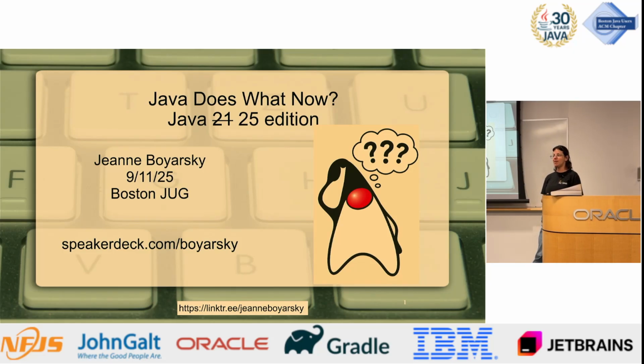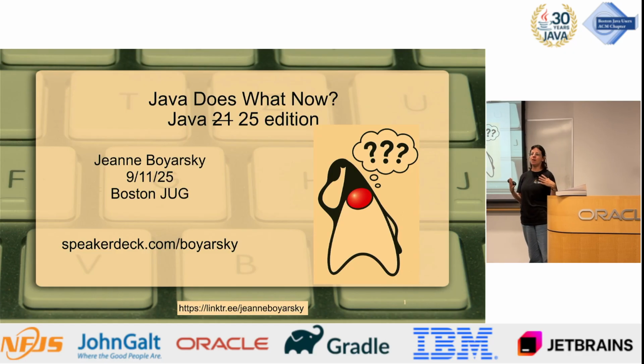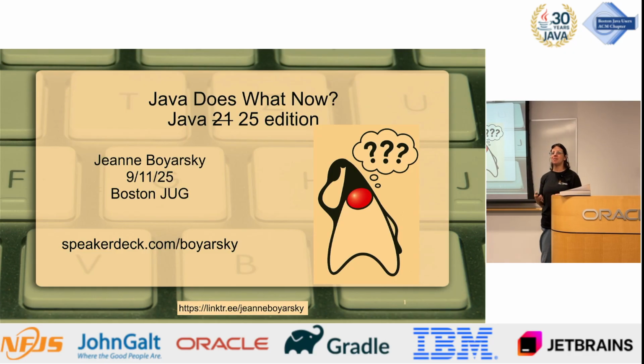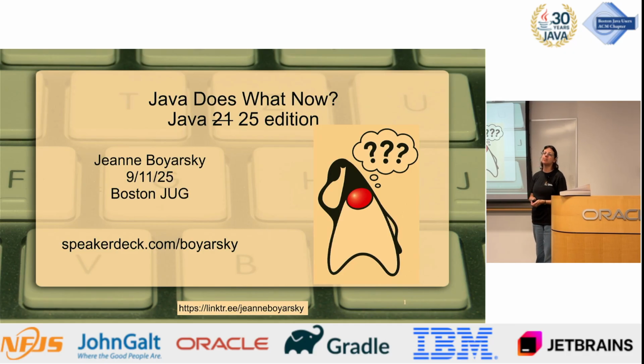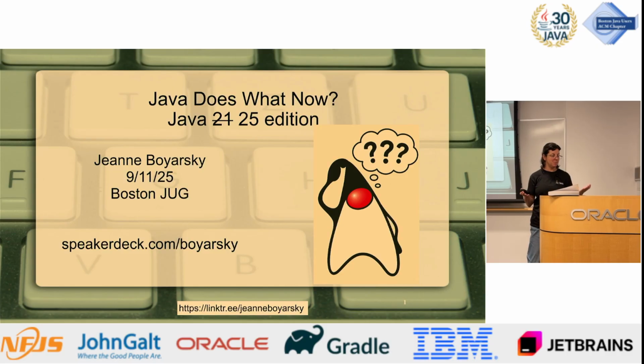When I submitted this, I submitted it as Java 21, and then as I was updating it, I realized I wanted some Java 25 things in there, so there are a few slides that aren't about Java 21. And I will highlight which ones those are because those aren't things that you can use in production just yet. But Java 25 comes out this month, and it's a long-term support release for those of you that's important to,